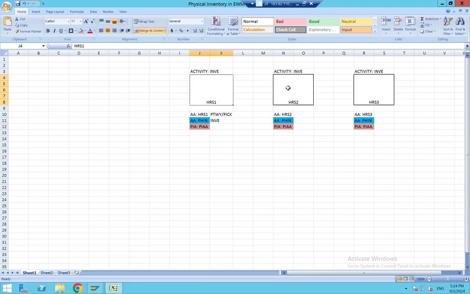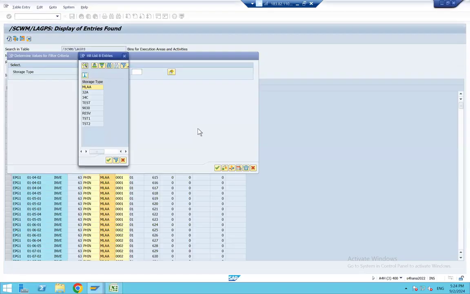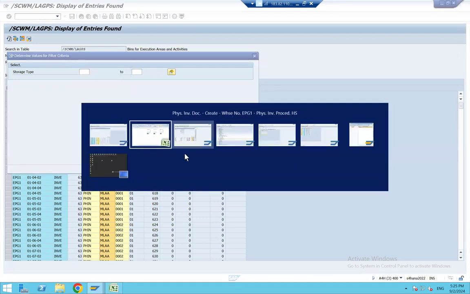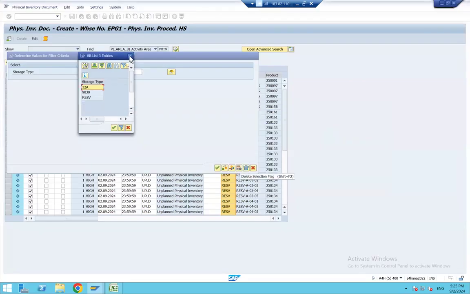For example, you can club these two with PH01 and some more can be PH02, both of which you can assign to different physical inventory areas or the same. It works as simple as that. Okay, I have done the settings. And say for example,